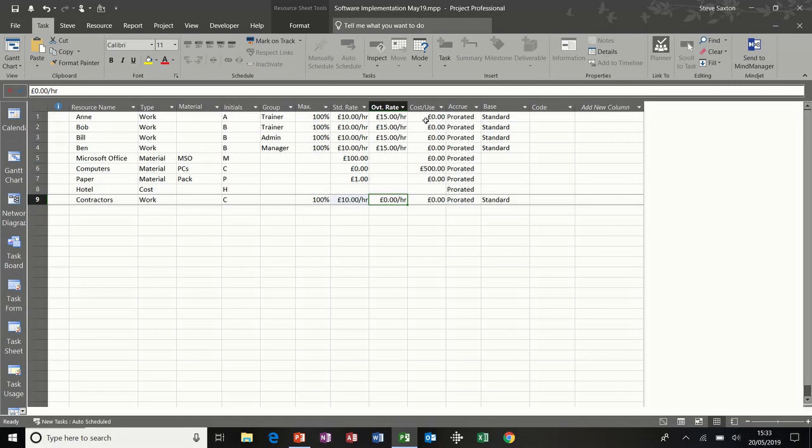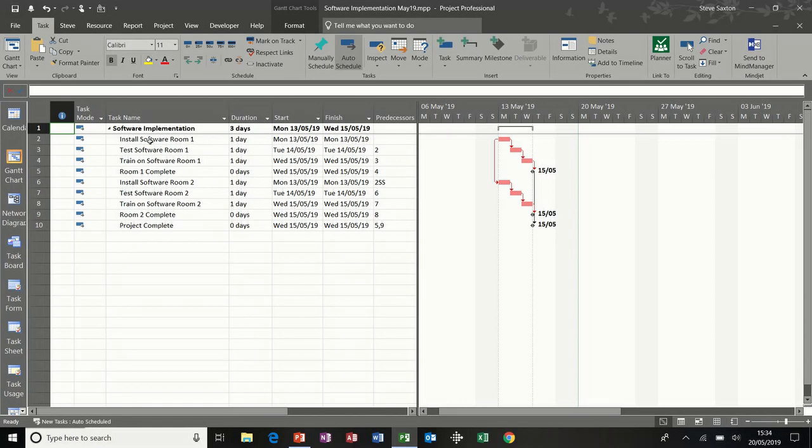So next column across after cost per use is accrue. So this can be prorated or at the start or at the end of a project. It's default at prorated. I'm going to leave it as that. Then you've got your calendars. You've got your 3 basic calendars, and obviously you can create your own calendar if you need to. And a column for cost codes if you use cost codes, and options there to add additional information or additional columns. And once you've got your task list typed out, you can then go to your Gantt chart and start allocating